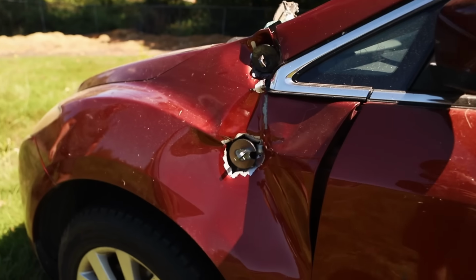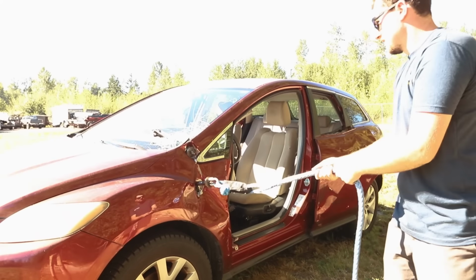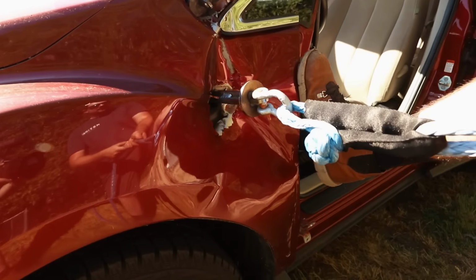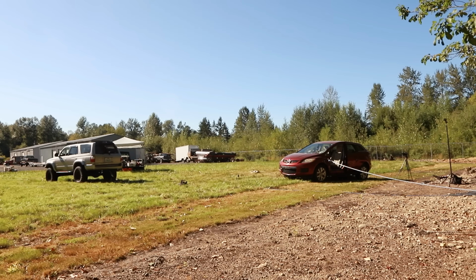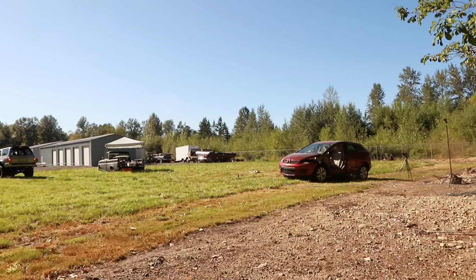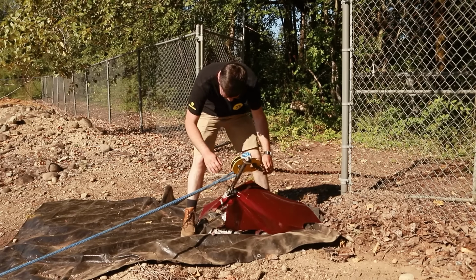Hopefully the arms will just spread on their own as we pull it out. Give it a tug. It bit. This is a Harpoon straight into the fender and into the structure of the chassis. I don't know what it's gonna do, but punch it, Brandon. Oh my gosh! I thought it was into more structure than that, but it just ripped the skin off the